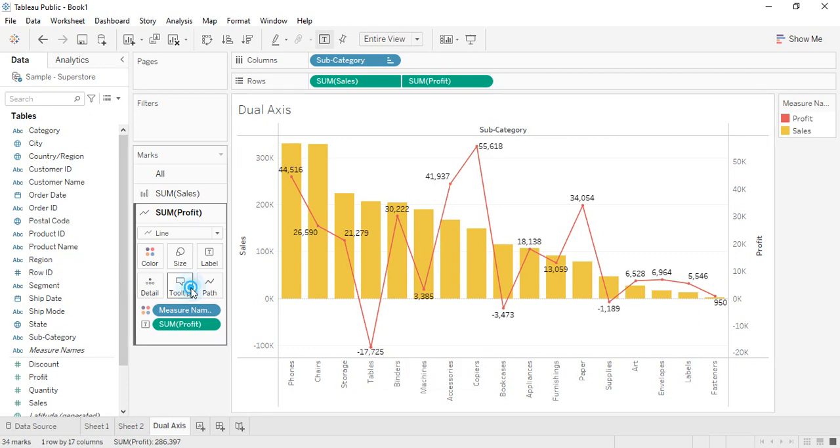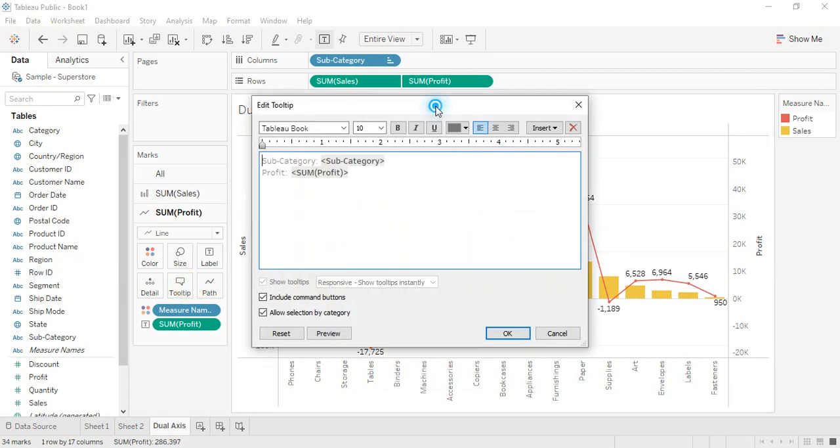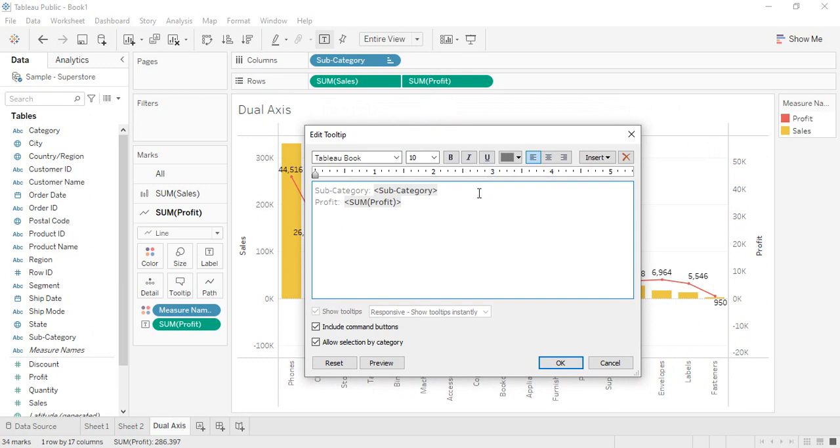However, if you want to change it, you can do so by clicking on this tooltip icon, and this kind of a box would appear. This, if you remember, is similar to what we had in the title. So you already know what to do. You can use this insert tab anytime you want to change anything. You just select it and simply change the way it looks. Here you see the sum of profit. This is actually a really important thing, and we will be discussing it real quick, just a few seconds later, why we are getting the sum of the profit over here.